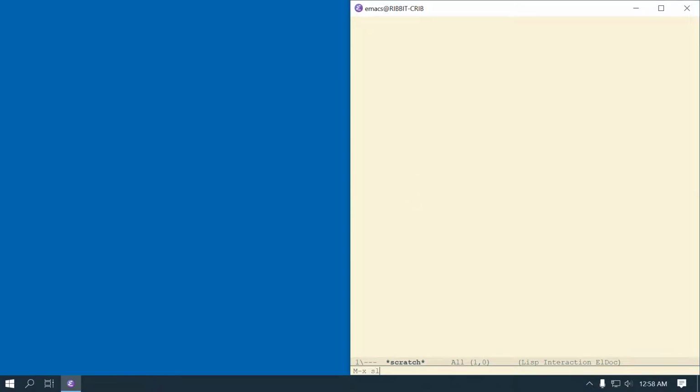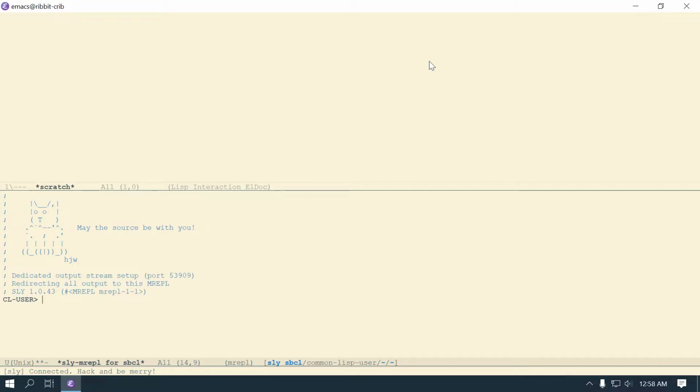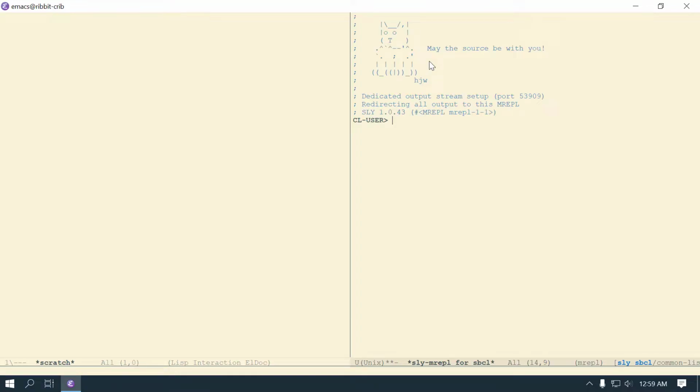Oh, I'll start up Sly before I forget. And I guess I can make this big. In which case, maybe I should switch over that other window real quick. Make that, and then switch this that way. There we go. And then change this to the Sly Rebel. And then over here,